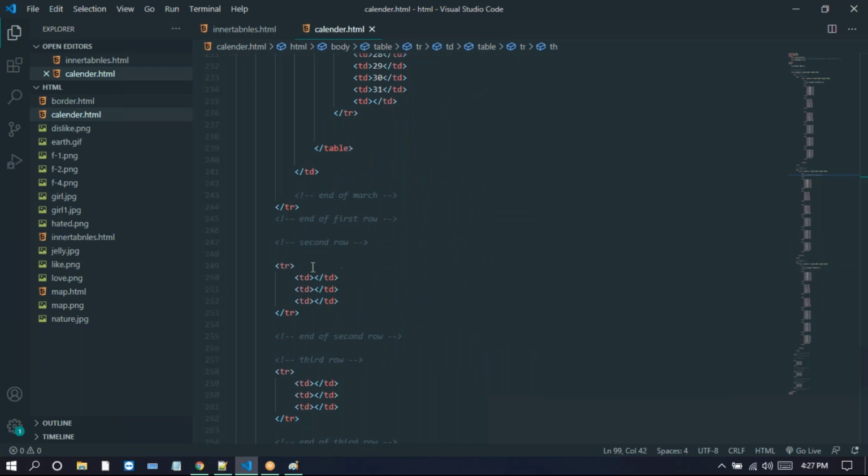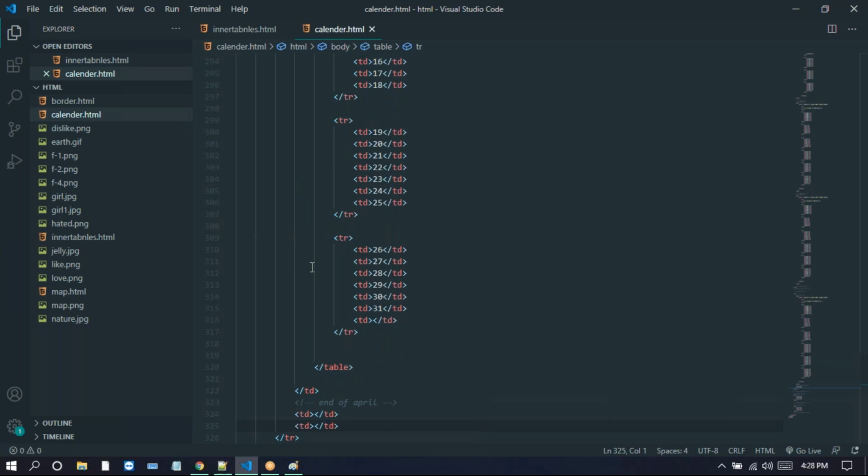For the second row, we have April. So I'm taking the April here, the end of April. Now for this April, we just copy this, and here can go for